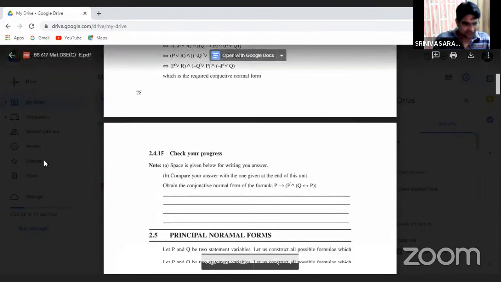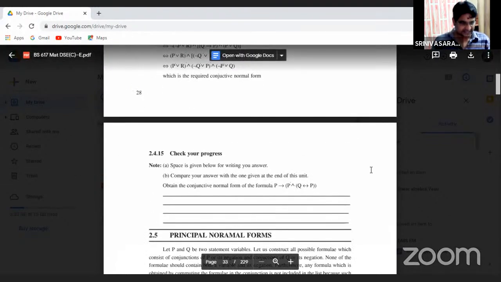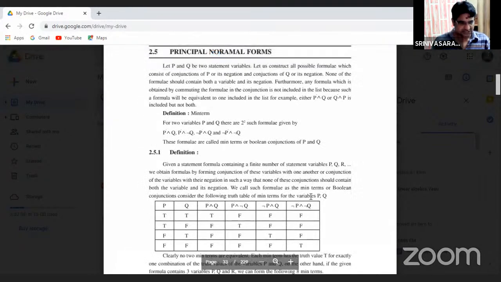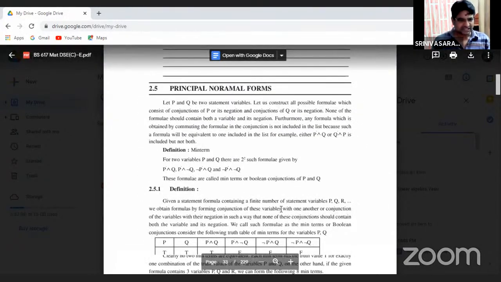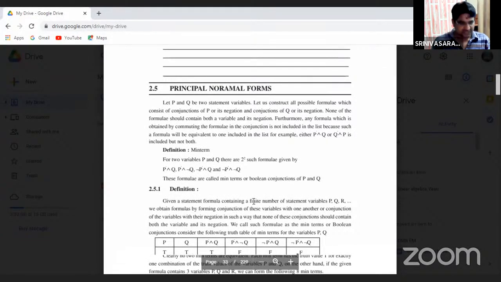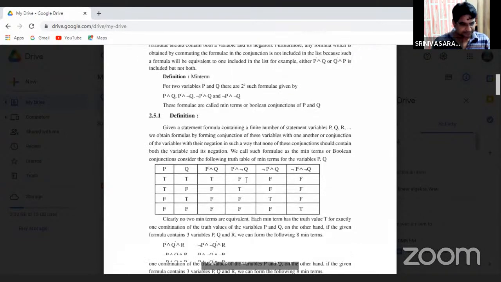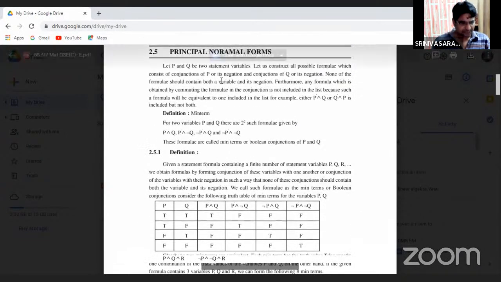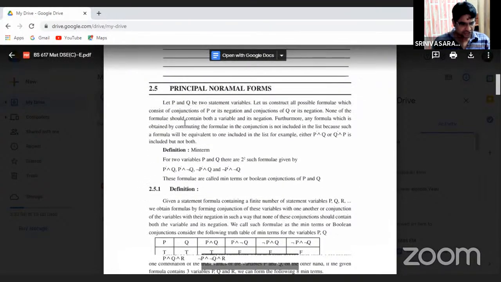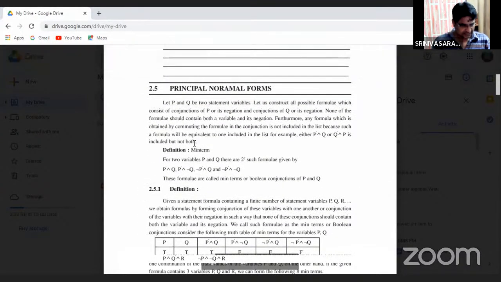Okay, that's enough. Just this is the read and write. That is the concept of PMS. Okay, now what are the principal normal forms? What are the principal normal forms? Now, principal normal forms, just you have to observe this concept. Very important concept is there. Now, this is the last